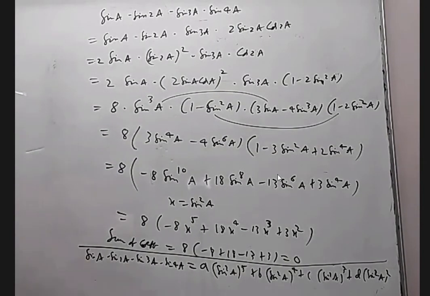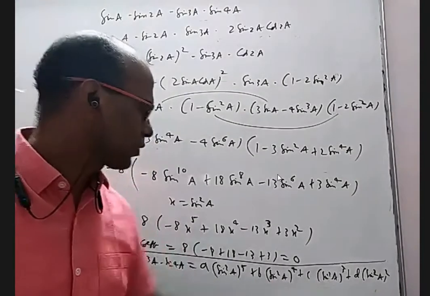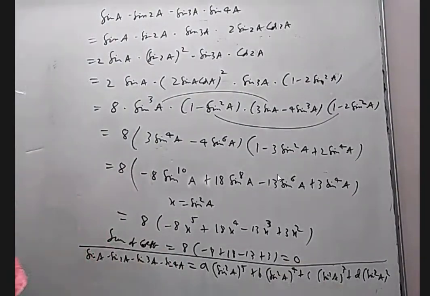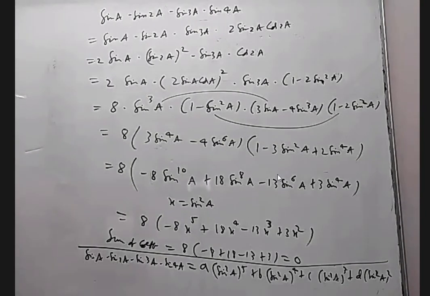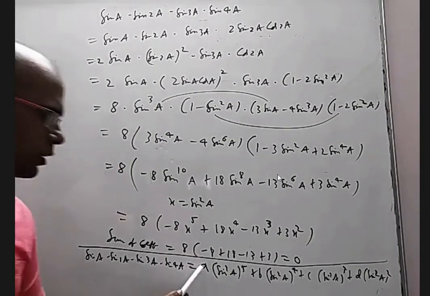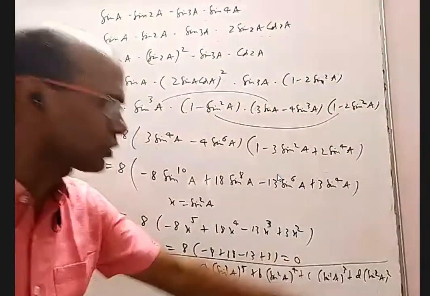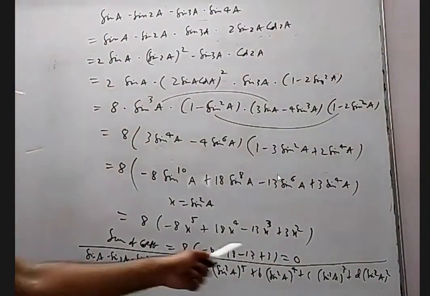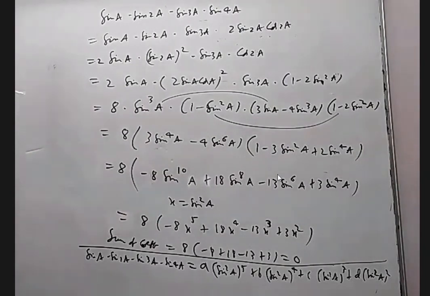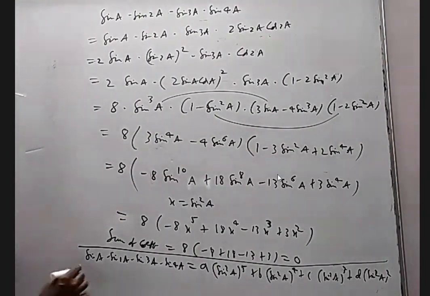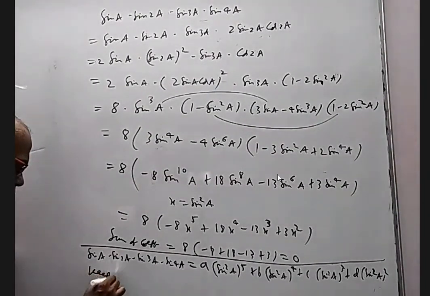If I put A equal to 90 degrees, this is 1, this is 1, this is 1, this is 1. I'll get A plus B plus C plus D, the sum of the coefficients. Am I correct? Sir, why are you putting A equal to only 90 degrees? You can put anything, but I want A plus B plus C plus D. If I want this, I should make this into 1, this into 1, this into 1, this into 1. So what is that angle which can make all of them into 1? 90 degrees. So keep A equal to 90 degrees.